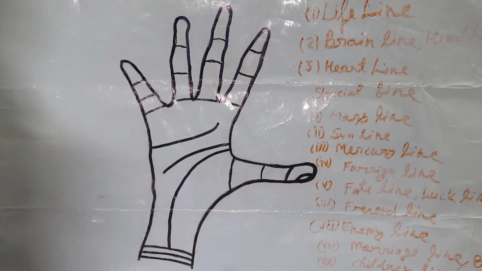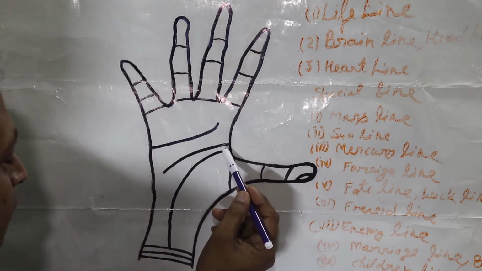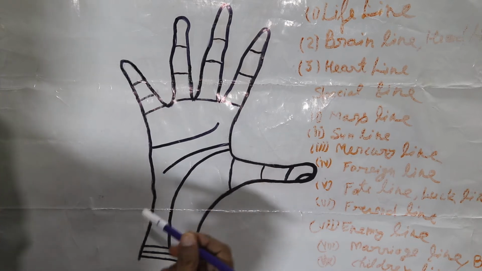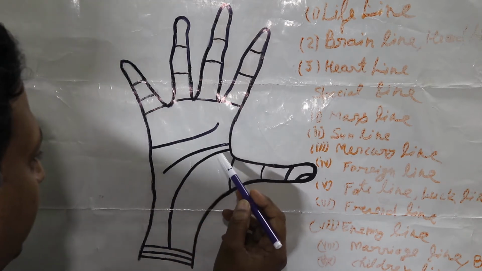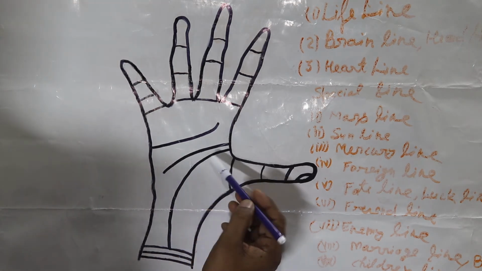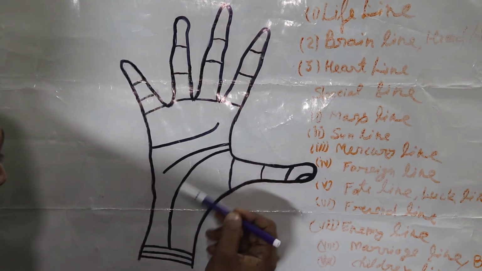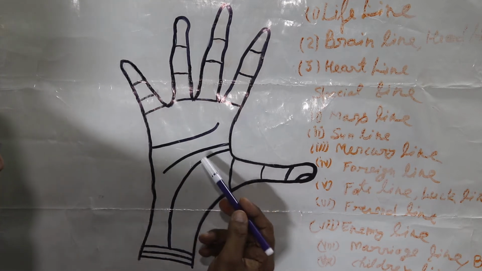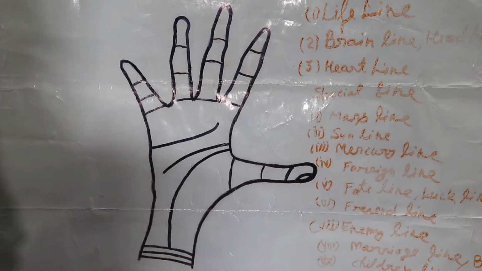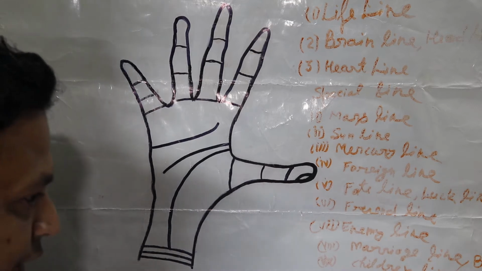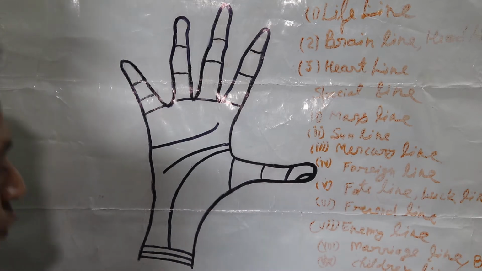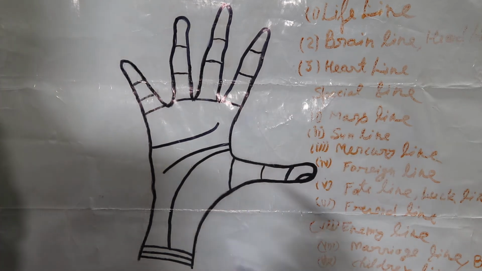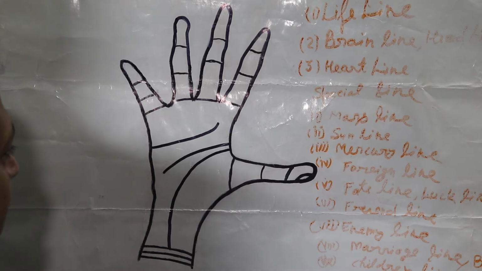We see the lifeline and describe its events, any injury or any illness. We can see it here in our lifeline, and progress is also indicated by the lifeline. We will describe in our next videos how we can predict illness, and how we can predict an injury or accident that will happen in future to a person.